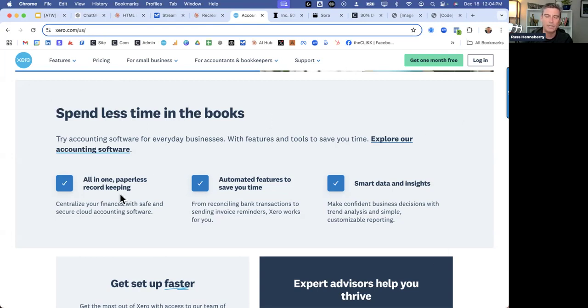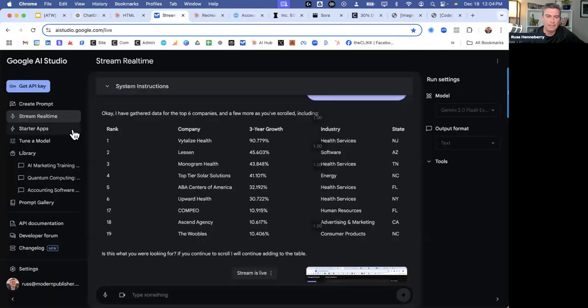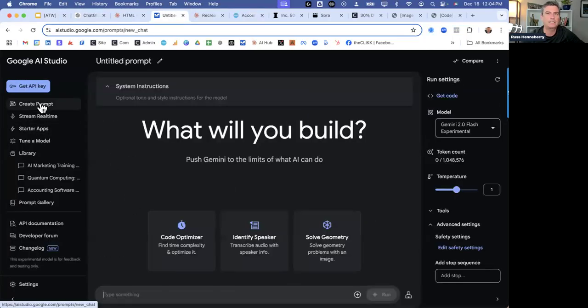I want this exact block on my site. Write me the HTML and CSS for that real quick. And it's just going to write that code out. You copy it and paste it back over into your thing, and you've got this code block to start working with. So screen sharing inside of an AI system is coming. It's coming for all three systems, ChatGPT, Claude, and is already here with Gemini.